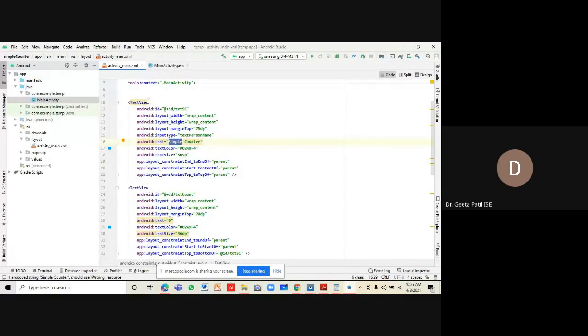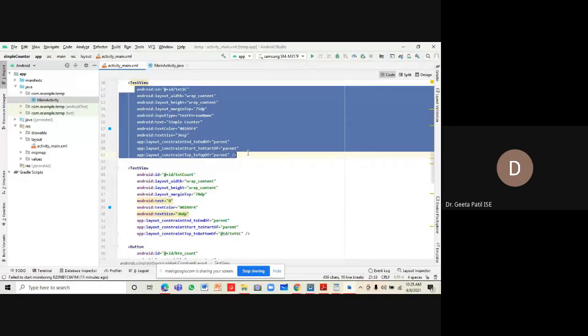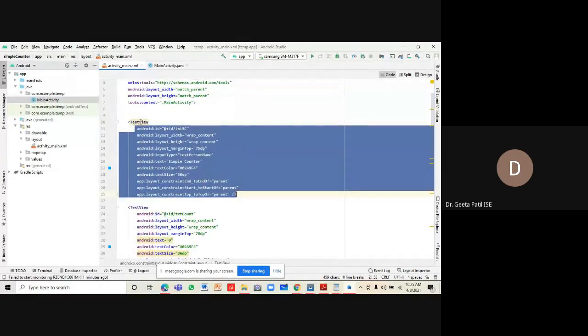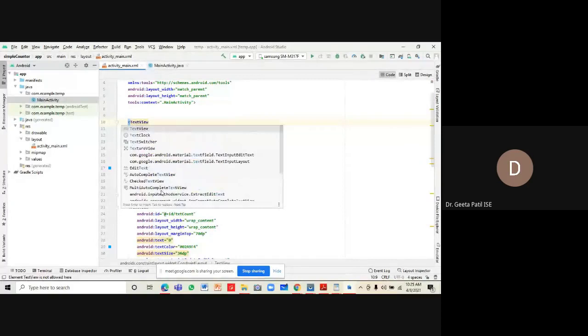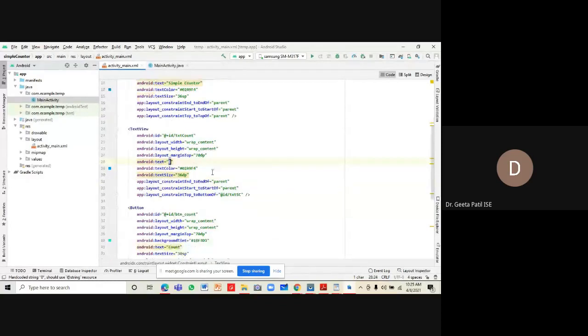This is the first leaf node of our component, a text view, which is used for displaying the message simple counter, and the various parameters required for the placement of this text view are given. Then we have the second text view, which is used for displaying the count value, initialized with the value 0.